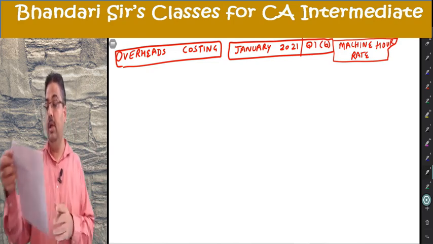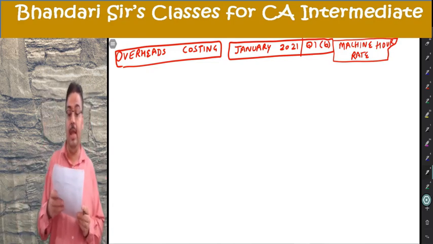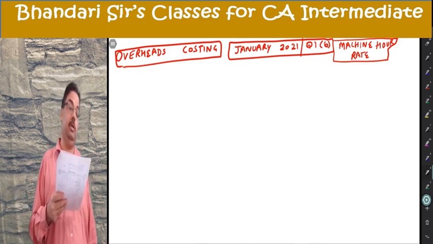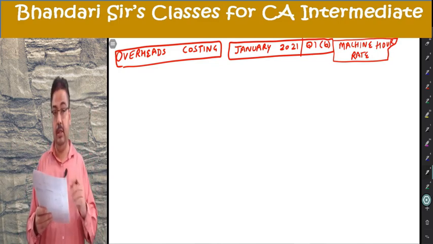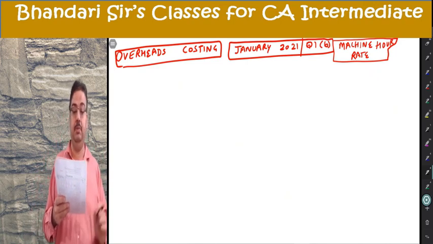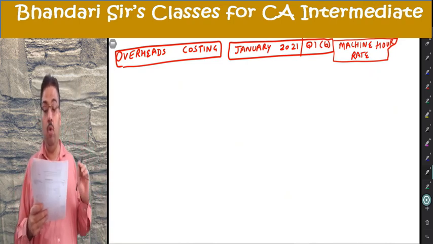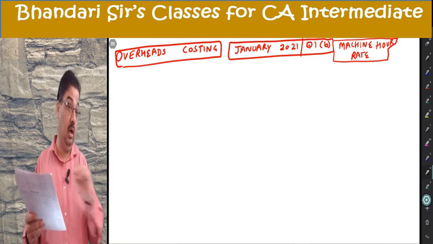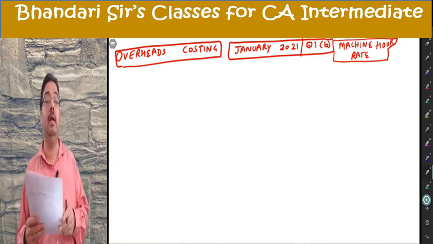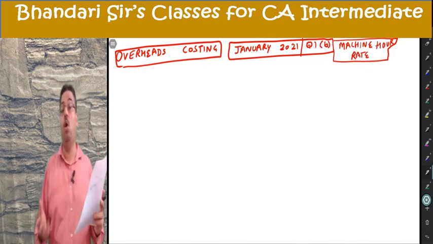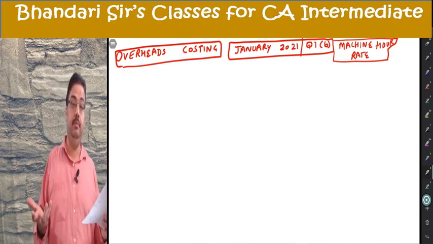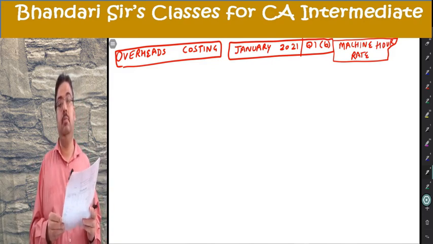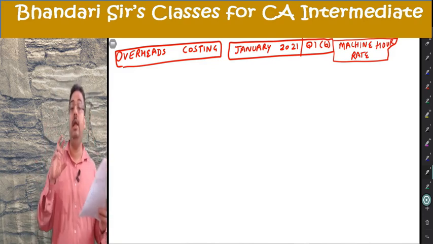It says a machine shop has 8 identical machines manned by 6 operators. There are 6 operators while there are 8 machines. Machine cannot work without a worker fully engaged on it. Underline this line, very, very important. At any point of time, how many machines can run? 6 only out of 8. Because there are 8 machines, but there are only 6 operators.